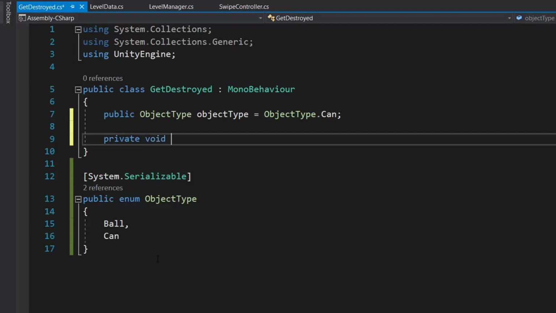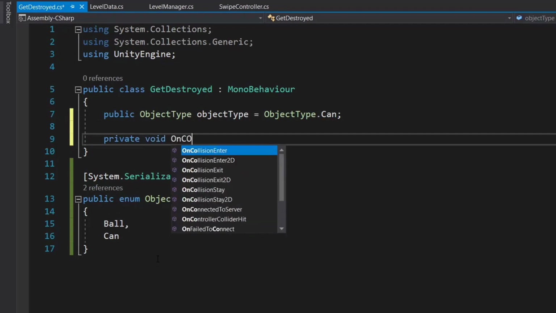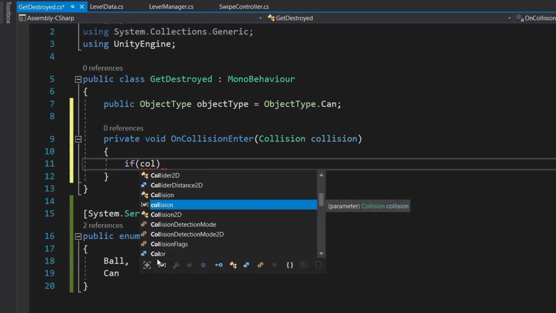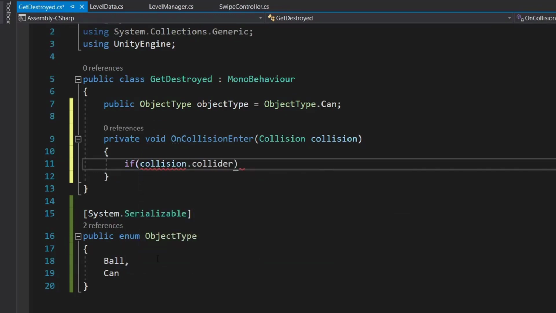Then we will create an OnCollisionEnter method, and in that we will check if our collision.collider.name is equal to destroyer. As we know, we have renamed our floor to destroyer.